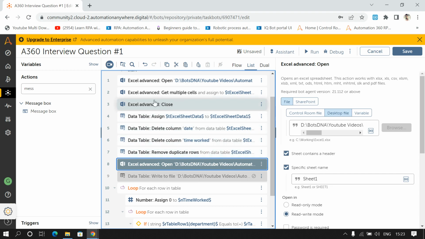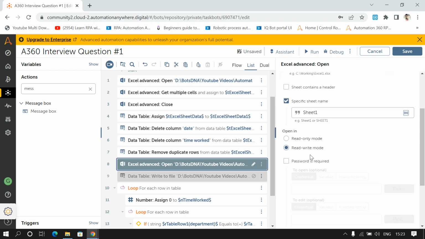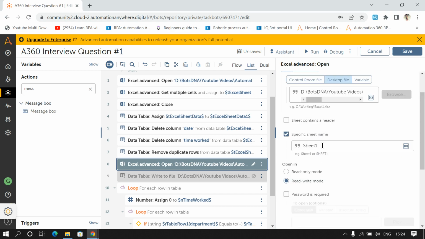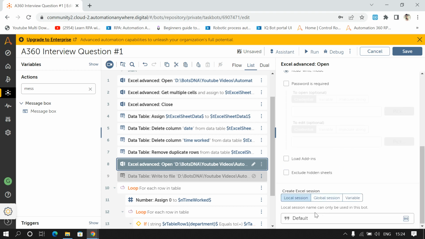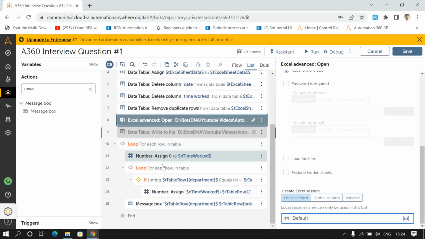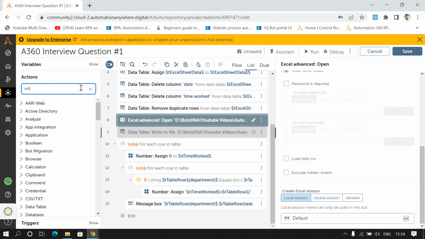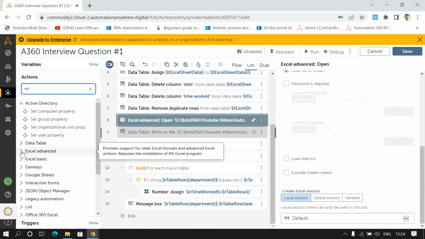Because I'm closing my Excel here, I'll again drag and drop the open command, and here I'll uncheck this checkbox, because in sheet 2 there is no header present. And I'll give my sheet name as sheet 2, and I'll keep the session name default only. And here I'll select the set cell command from Excel Advanced,